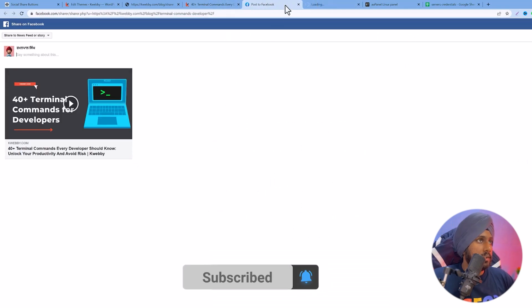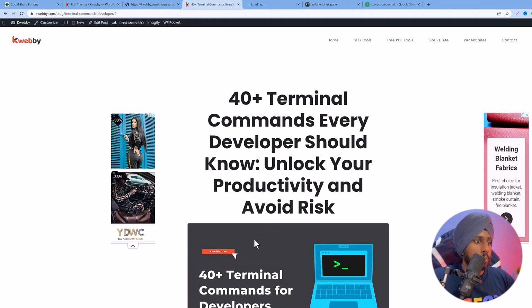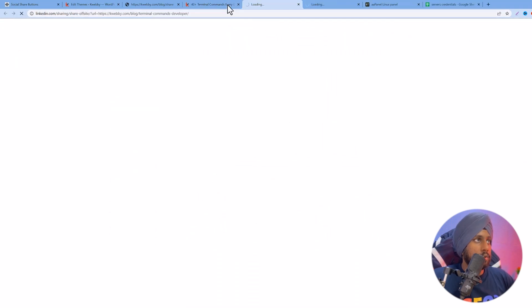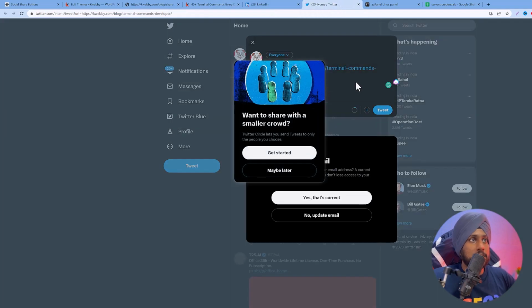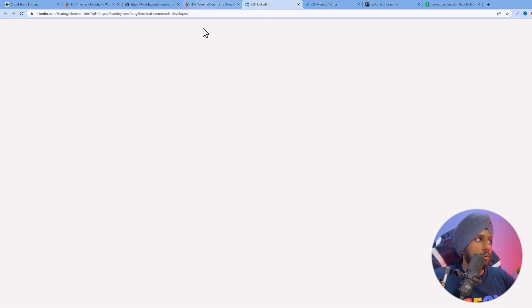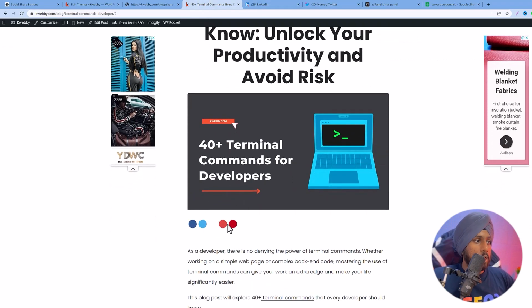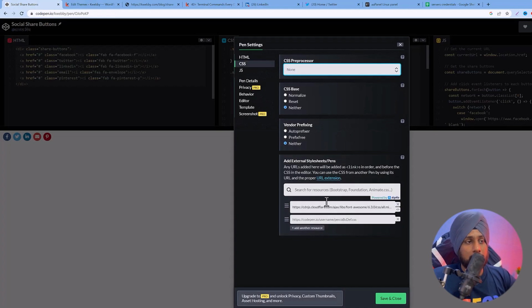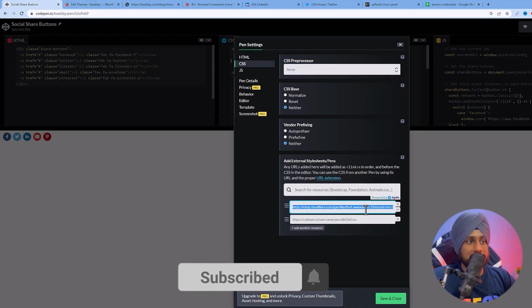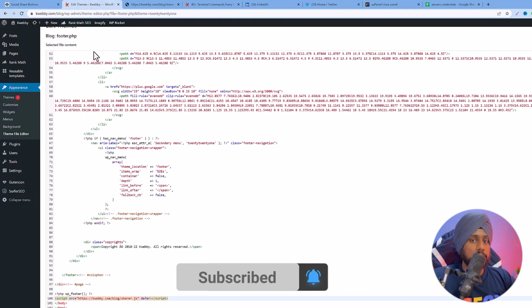Okay, so it's working. The Facebook one is working, the Twitter will be working obviously, and if we click on the LinkedIn, it will also be working. So it's being pasted with the current page, and also the LinkedIn part. So all our buttons are working right now. Now obviously we are not seeing any logo of these particular social sites. So what I'm going to do is, as we have told you earlier, we are using Font Awesome for this particular plugin. So we are going to paste that in our header section where all our CSS